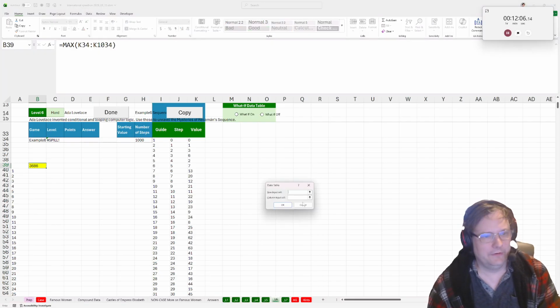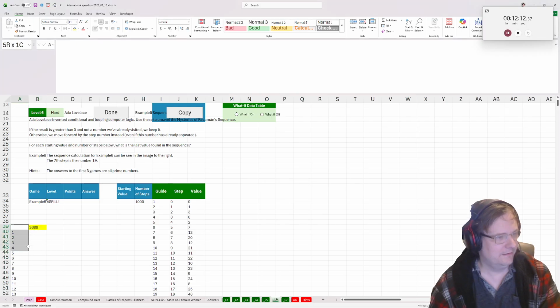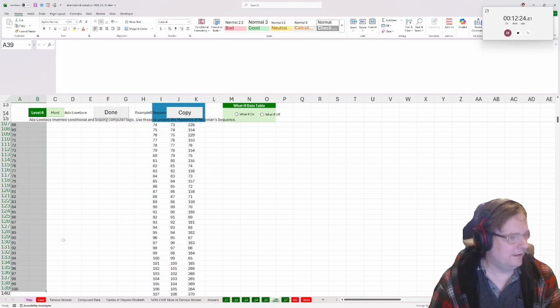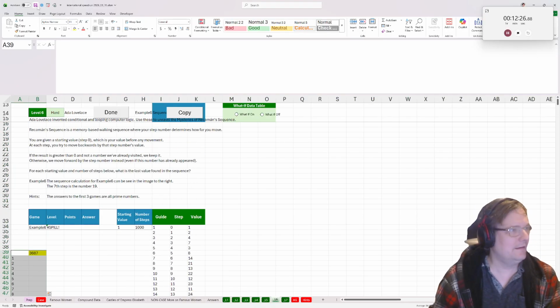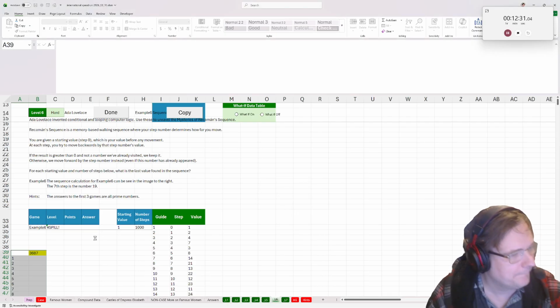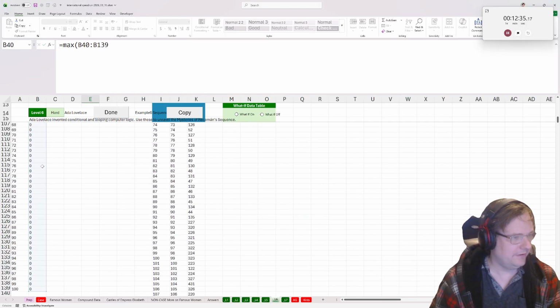and do a column cell input on the starting values, right? Or no, the column cell input is the starting value, which I'm going to put here, right? Because that is then going to go there. So now I make a data table where the column input cell is right there. Okay, and then the maximum of all the maximums is